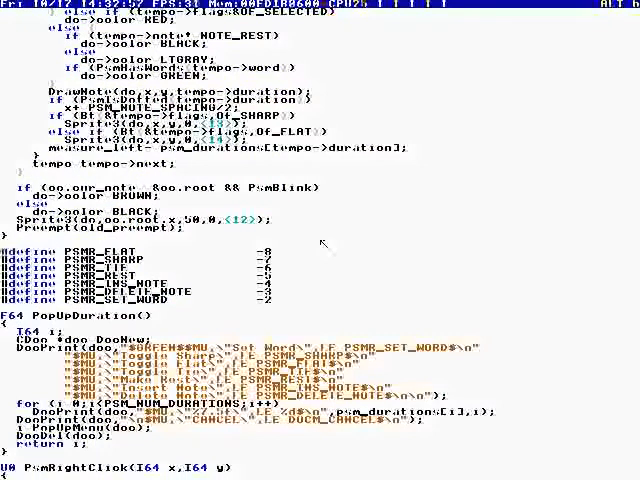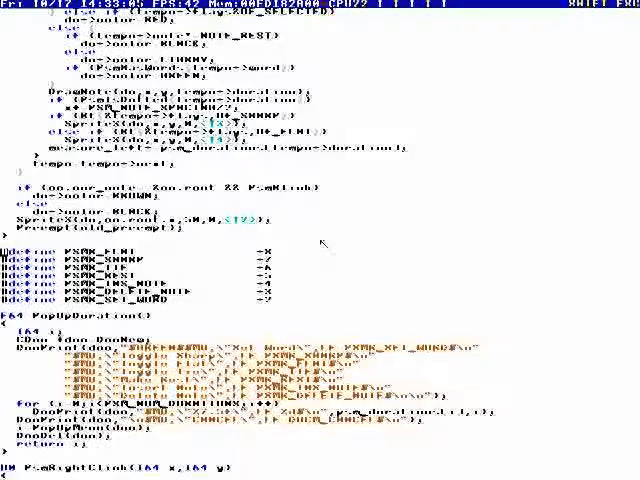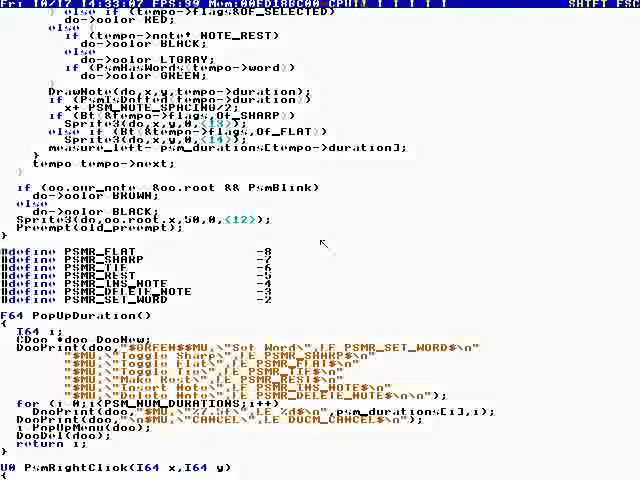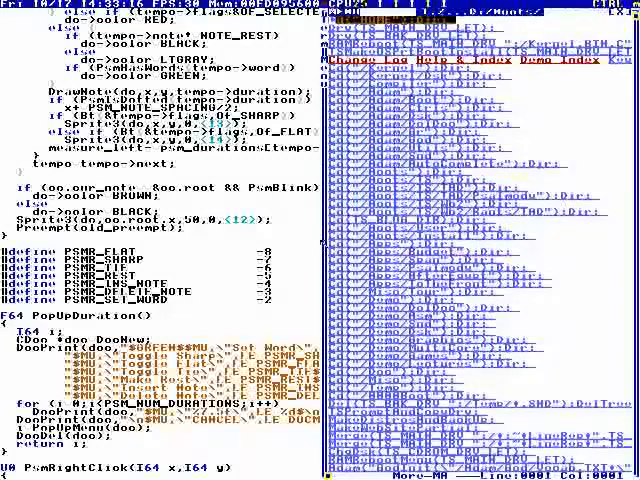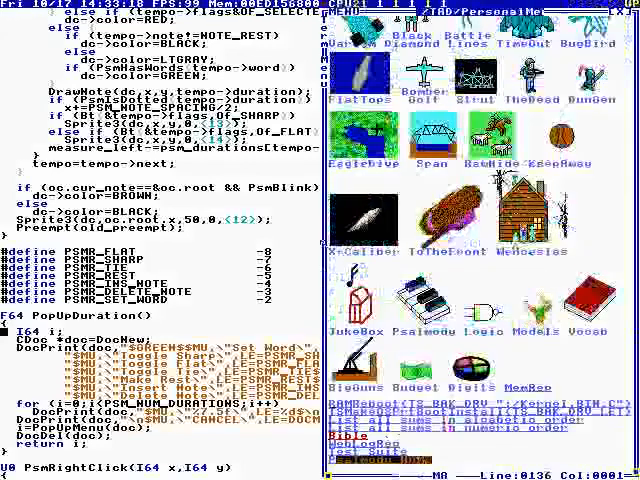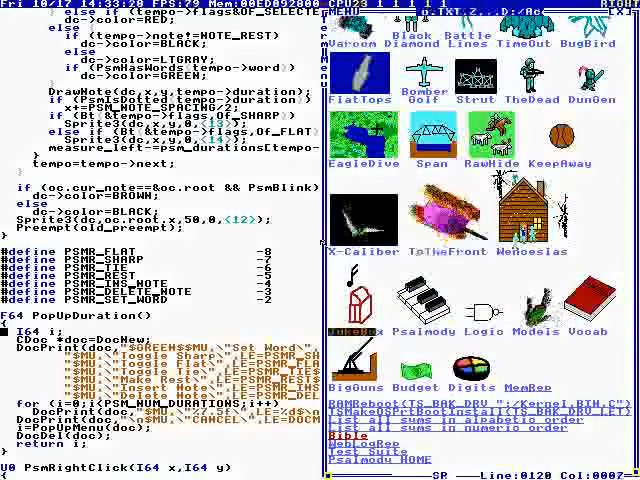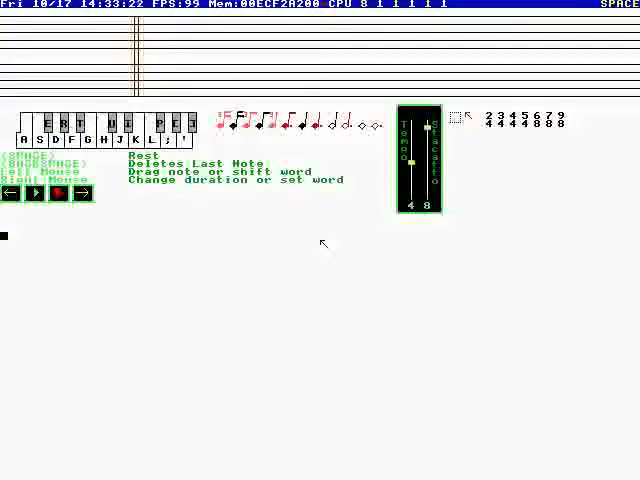Okay, we are in the music organ, or the psalmody. Let's see what this is. Pop-up duration. Okay, so the program is Psalmody, and when we place a note,